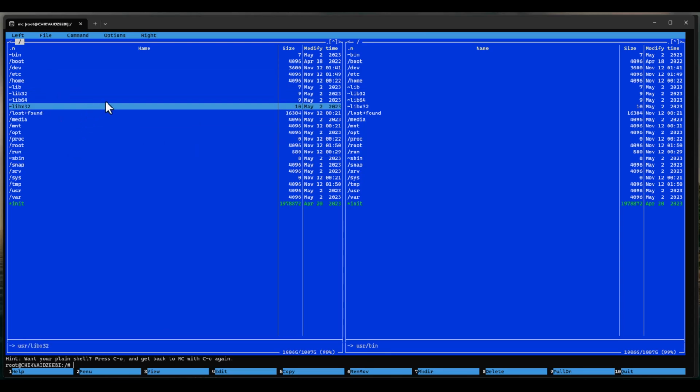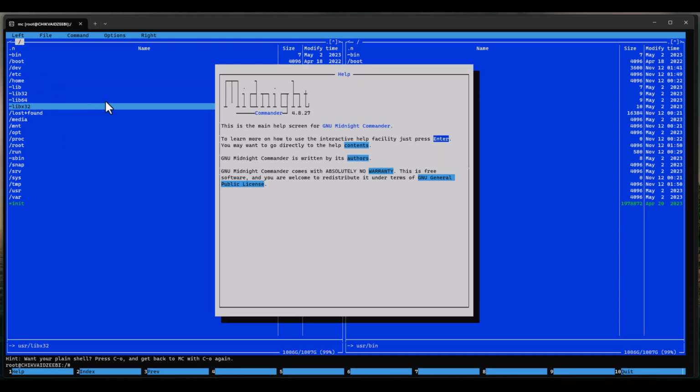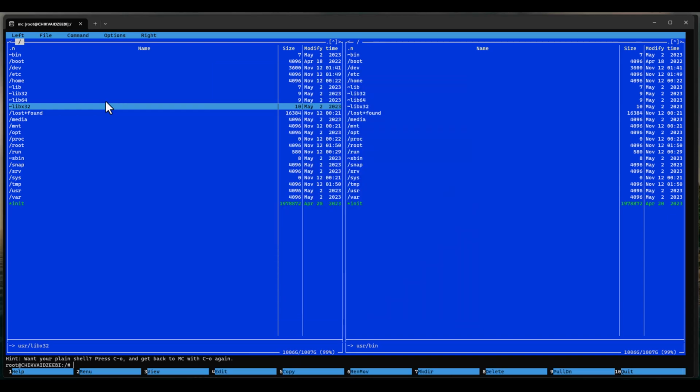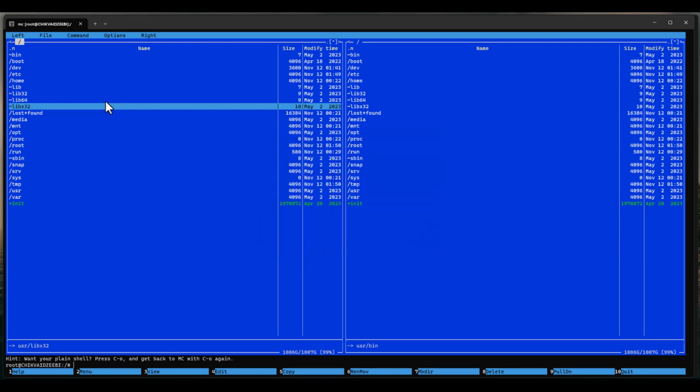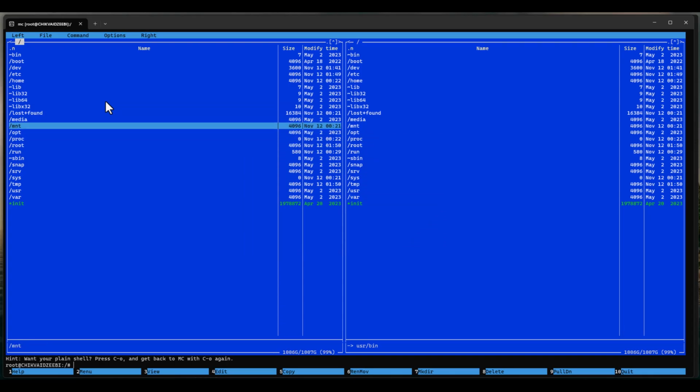Here is first help, F1 is a help. Here is a F2 menu. From menu we can choose some commands. Else we have view, F3, and view means we can view this